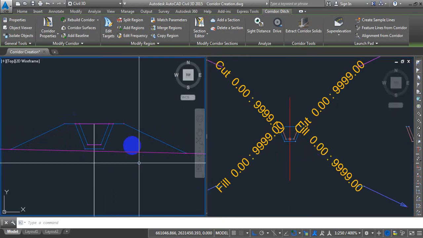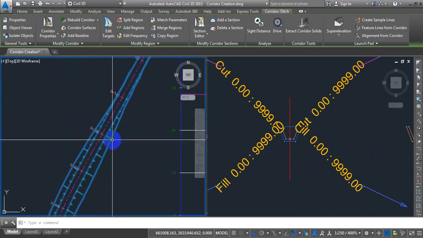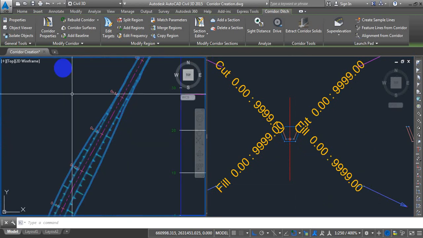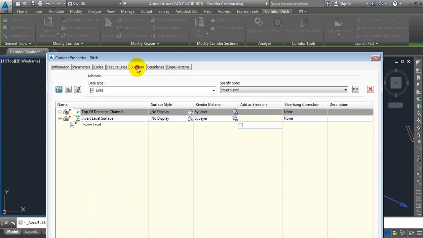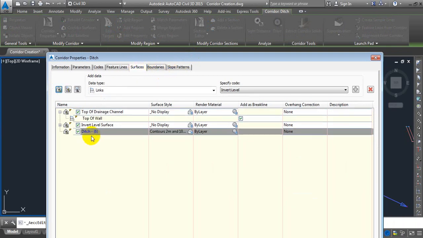I need a surface something like this, and I already have codes added to this assembly for this new surface to be defined. Okay, so I will come to my corridor. It's already selected. I will come to corridor properties, and then we'll come to surfaces in this tab, and we'll add a new surface, and I will call it fill comparison surface. I will call it fill because we are using this surface only for comparison purpose. So fill comparison surface,